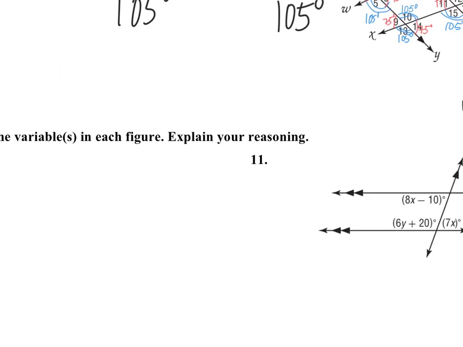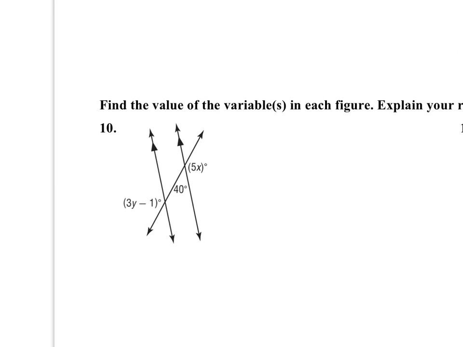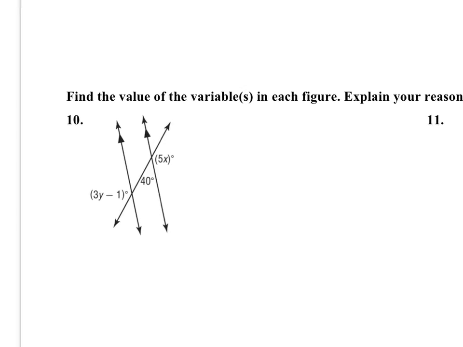Okay, all right, let's take a look down here, number 11. What I'm given says to find the value of the variables in each figure. Number 1 is that I've got an x and a y, so I'm going to have two separate equations here. One of the things that I know is that these two lines are parallel, and it tells me because of those symbols there. So what I know is that this angle here and this angle here are supplementary, okay? They form a linear pair, so they add up to 180,